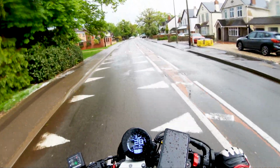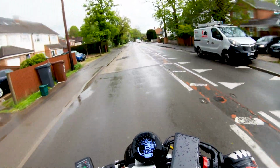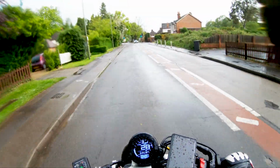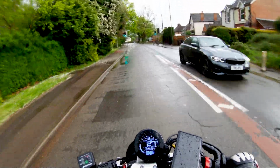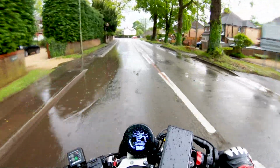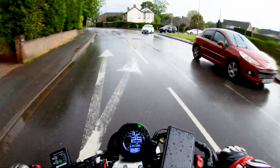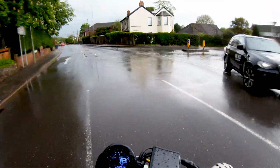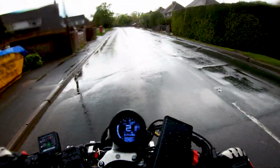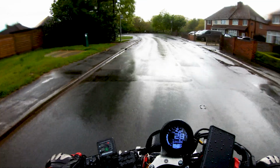So that's my reasoning. That's why I'm making the choice to get rid of this bike. I'm going to be doing it as a trade-in. I could sell it, I could strip all the bits and bobs that I put on this and probably make a lot more money, but one, I can't be arsed, and two, I've put a lot of effort into this bike. It's a really lovely machine, and I've put a lot of work into making it a really great handling machine, and if I can't be the one to experience that, I want someone else to be able to experience the